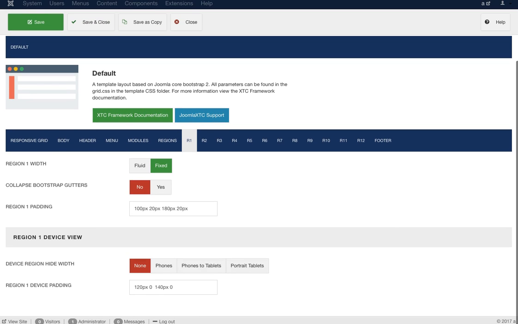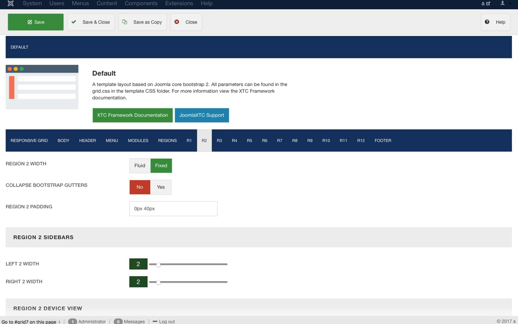Of course, for device view, we need to change that a little. We don't need any padding on the left and right, and we need 120 on top and 140. Another addition here is if you want to hide this region in device view, you can hide it for tablets and phones. These regions are generally exactly the same, except when we get into region 2 through 11, which has